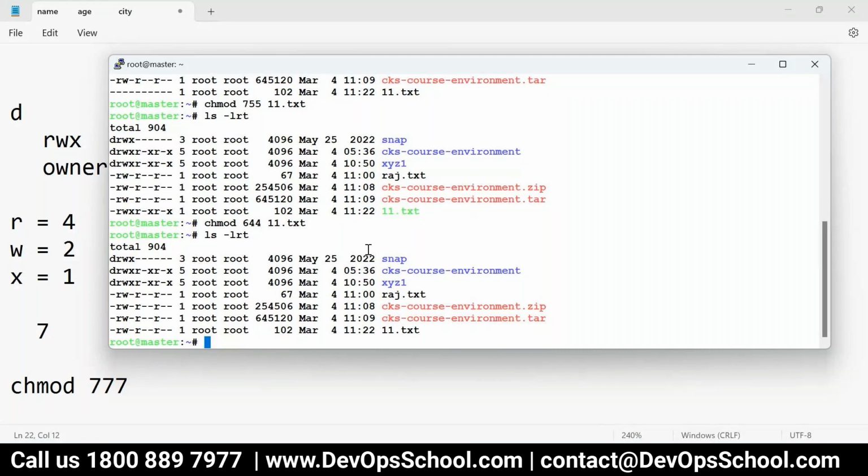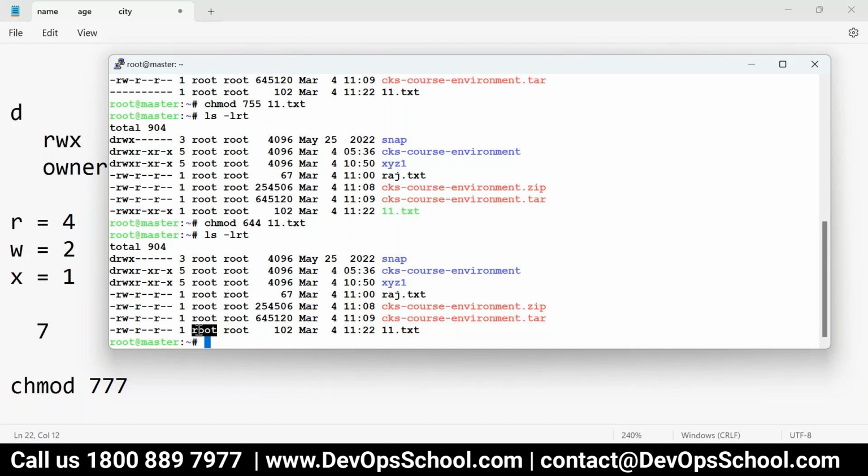Here is the owner. This is the owner and this is the group. Mind it, don't get confused. This is the group, a group named root is a different case. This is the owner, this is the group. So I created a file just 5-10 minutes before. Can I ask the system to make Raju own this file?